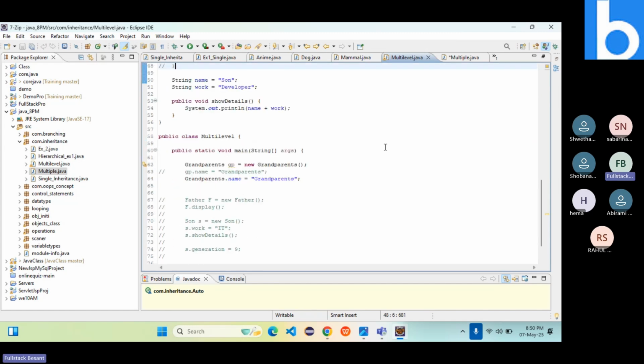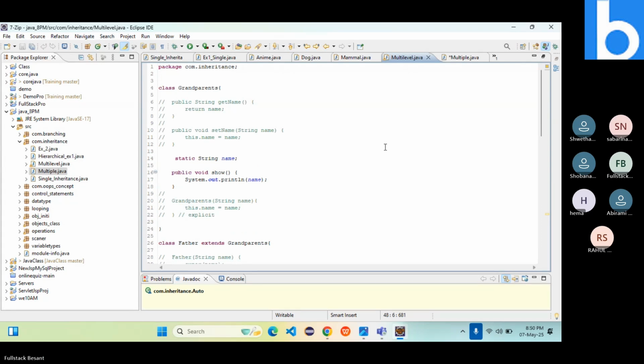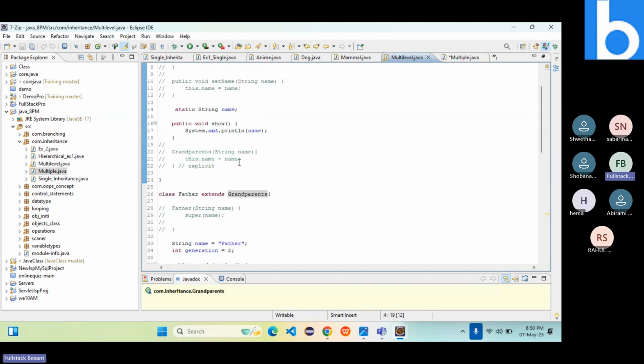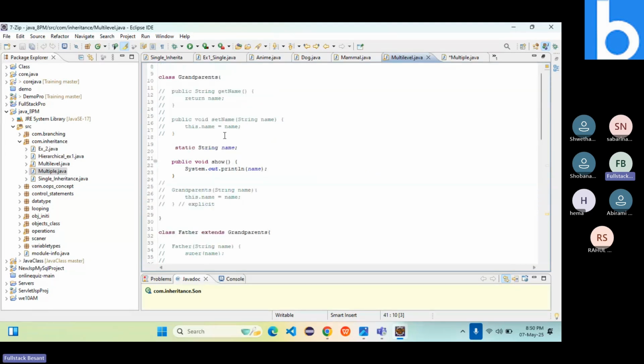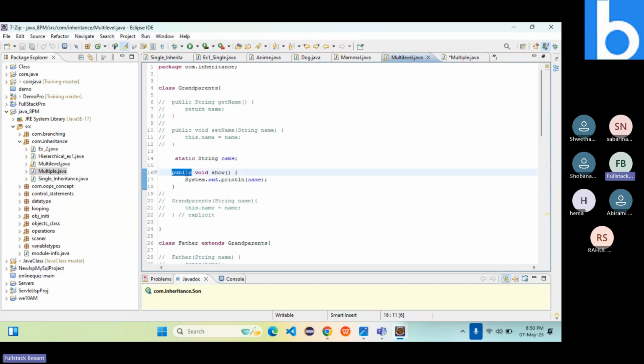Now your task is to take this example of grandparents, father, and son, and create a variable using the protected access modifier. So we have tried private, we have tried default. Public means we can use it from any class and any method. That's not a problem. So what will happen if I create my